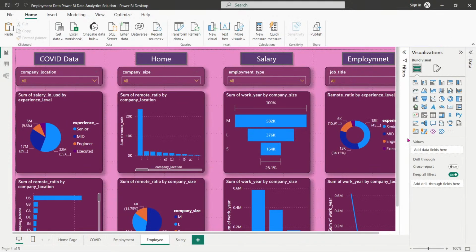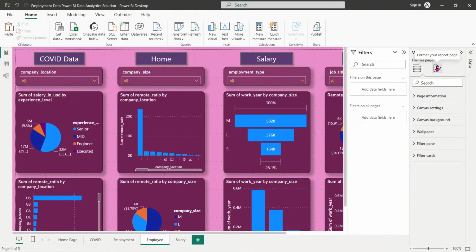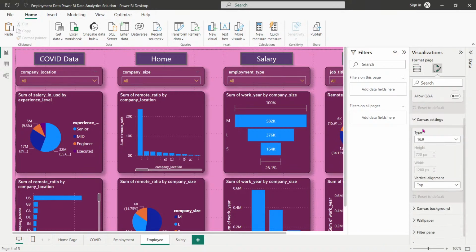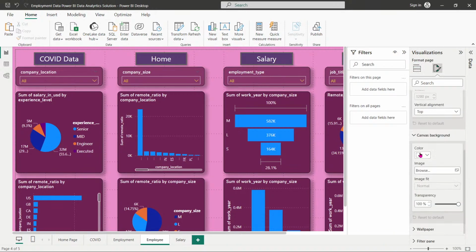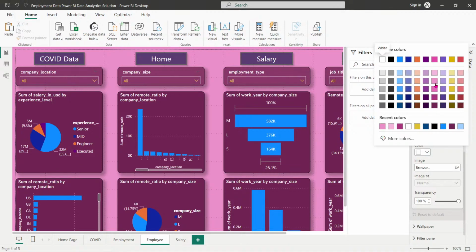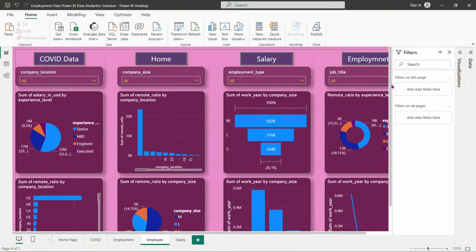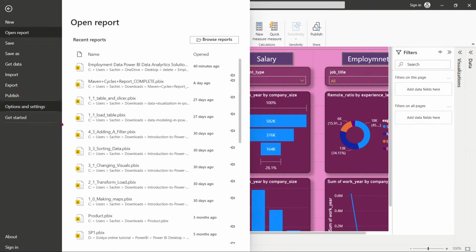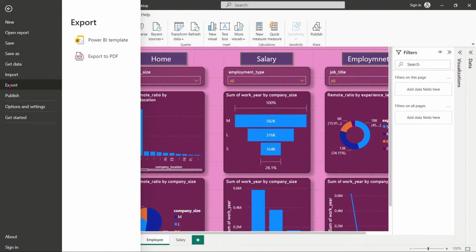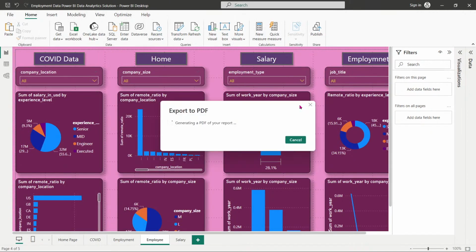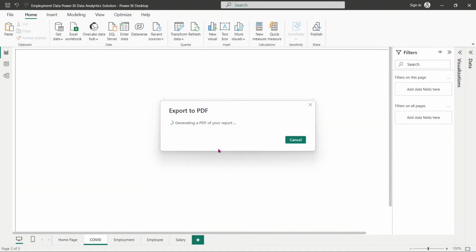Okay, so if I choose visualization, page information, canvas settings, we have the canvas background. Let me take these values, right? All right, so let me export these to PDF now, and it's generating a PDF again